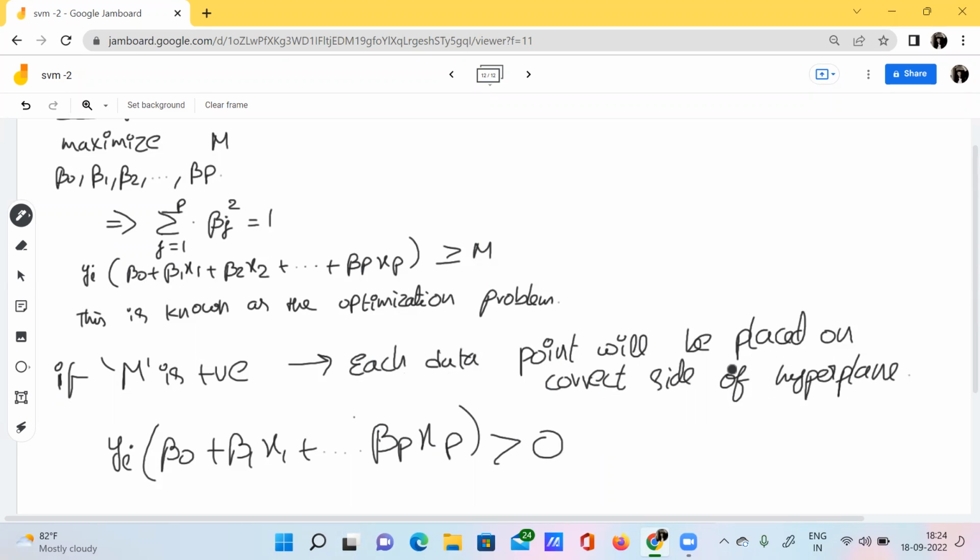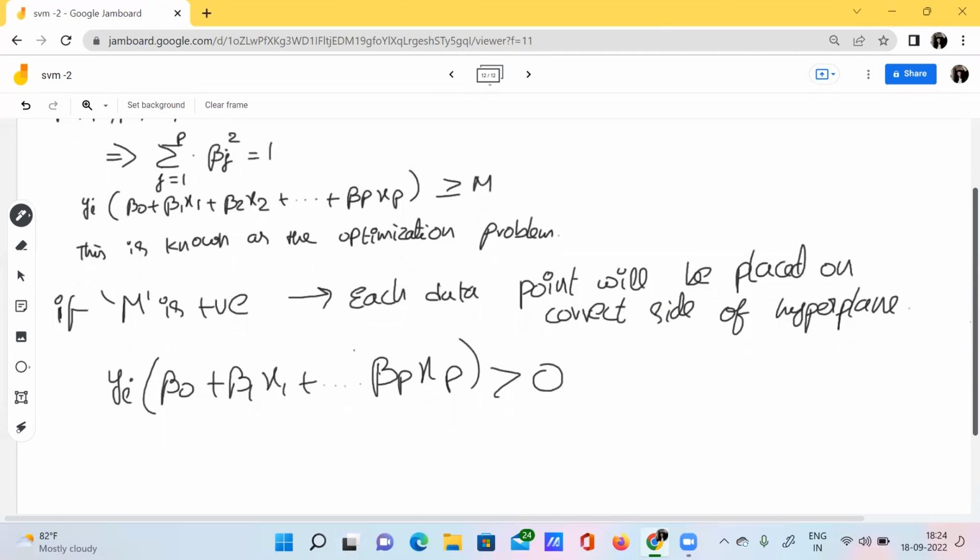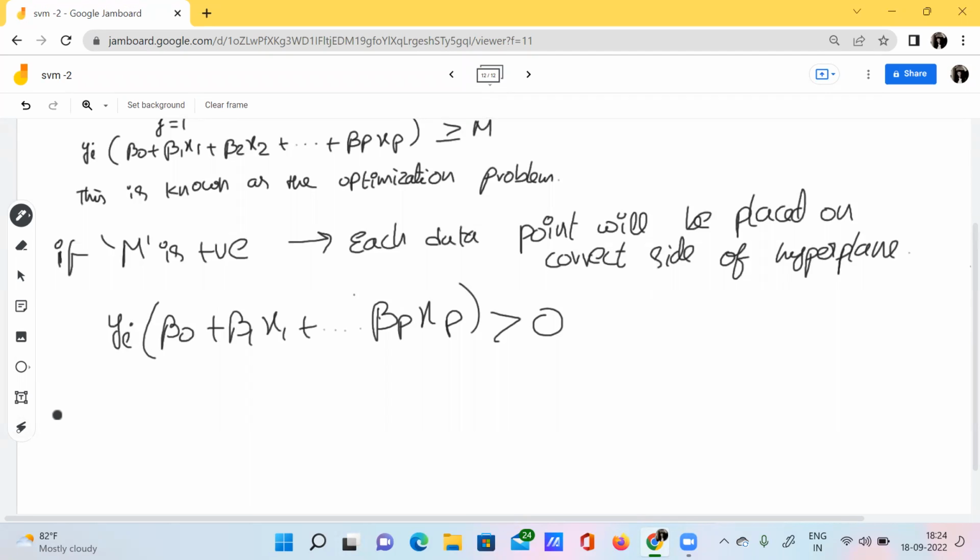I mean, this data point has actually been correctly placed on the correct side of the hyperplane. We can say that. Okay, I'll explain with the help of an example. Don't worry. So this will be the meaning of this particular statement. And I have another one here. For example, if